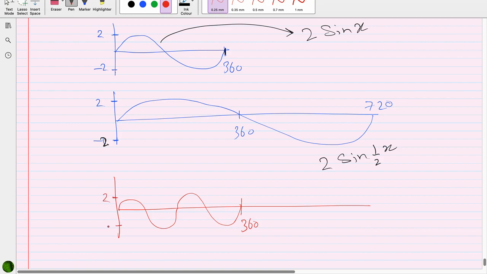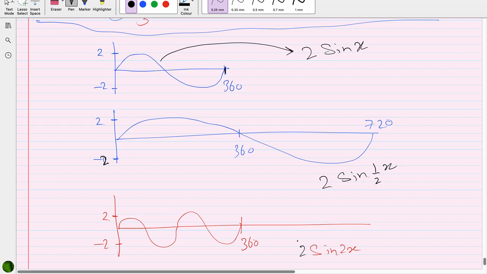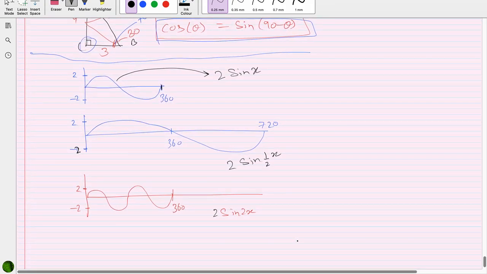This is 2, this is minus 2. First thing, shape is sine, yes. We get to see 2 cycles in 360, so we write 2x. Amplitude is 2, so we write 2. Now if we say the first graph is the basic one, if we compare it with the first one, making it the standard or basic, from this to this, we say it is a,